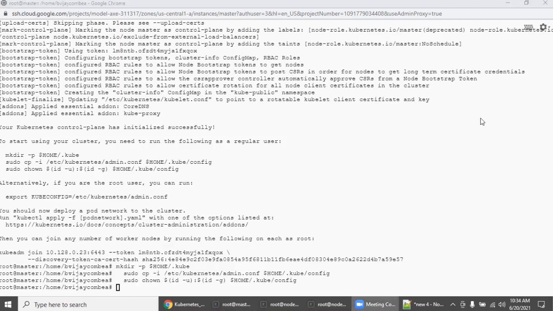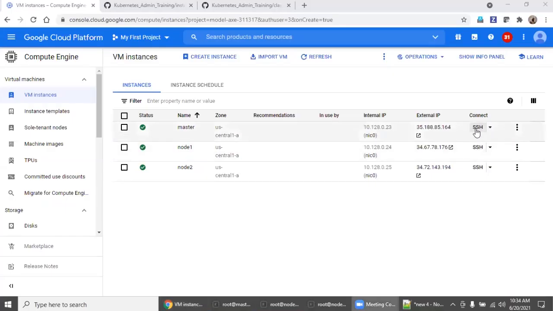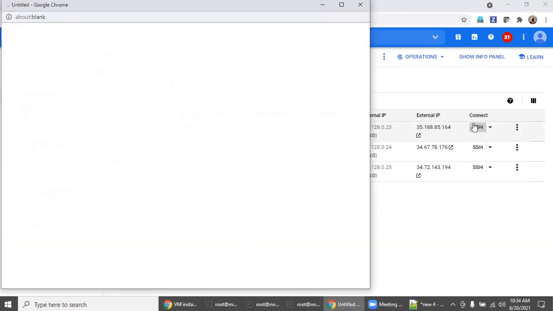one more network driver. Before that, it's better to open one more master server SSH login. So I'm just opening another SSH window for master. I'll tell you why.